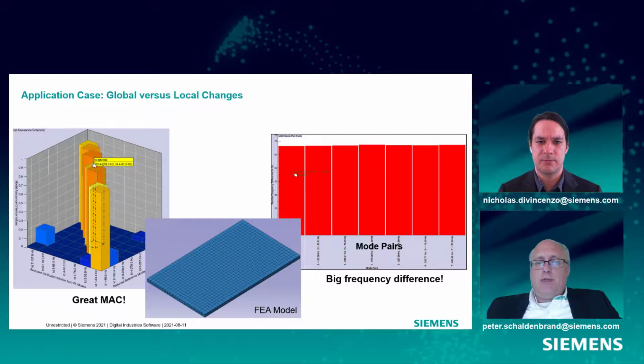Now, let me give you a hypothetical situation. We were testing a plate. Probably pretty easy to make an FEA model of a plate, would you say? Yeah, I would say so. And after we did it, let's say we got just a great MAC, 99, or in the 90s or so, 80s, whatever, on the diagonal. But our mode pair frequency difference looked like this. Now, what would you say about this where it's way off? Okay, so the mode shapes look okay, but the frequencies aren't very similar.